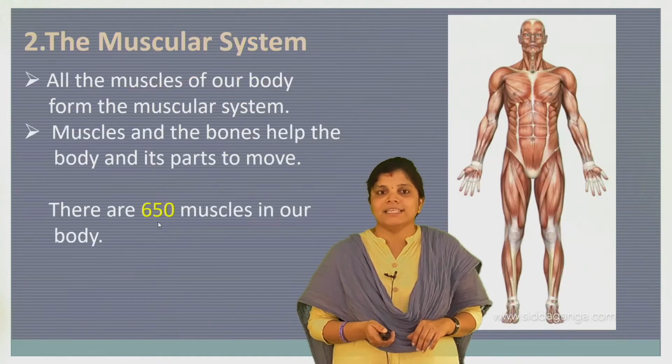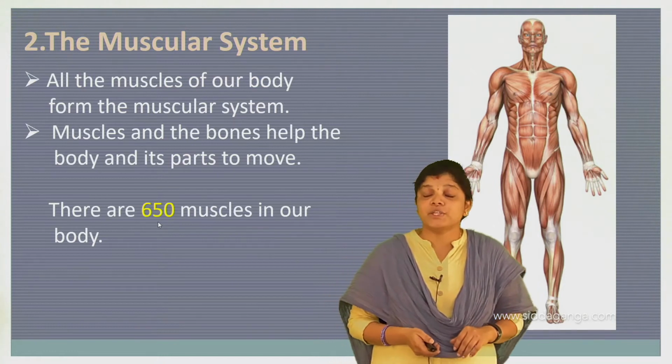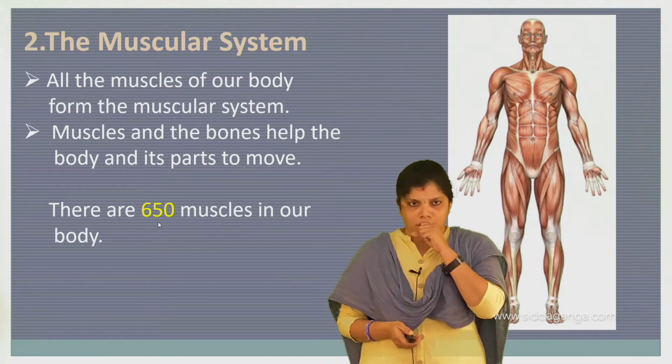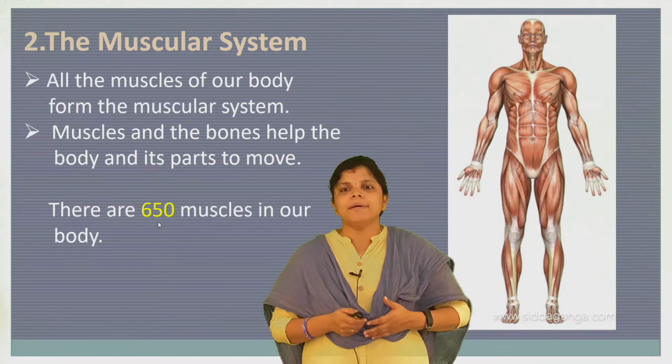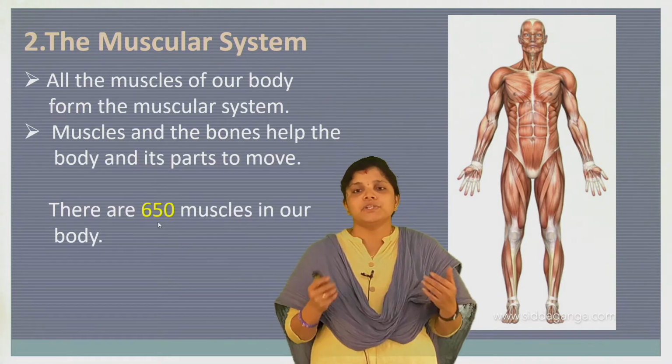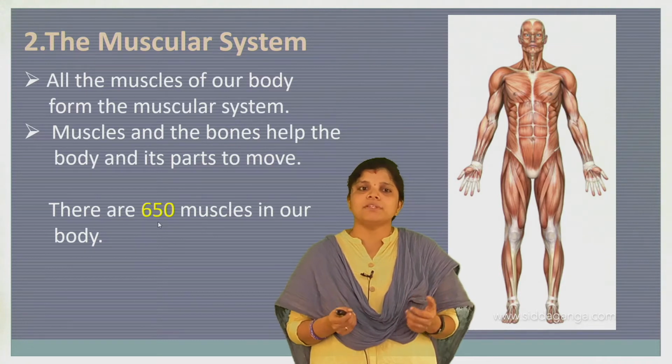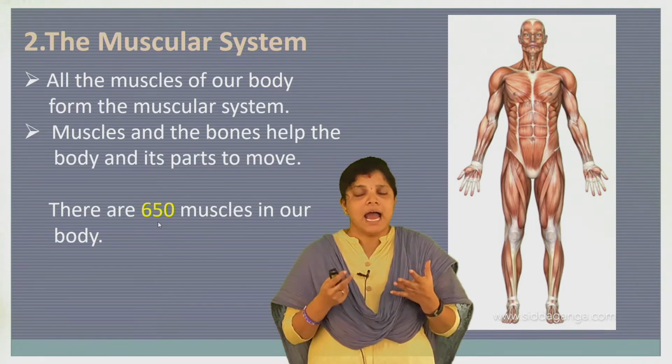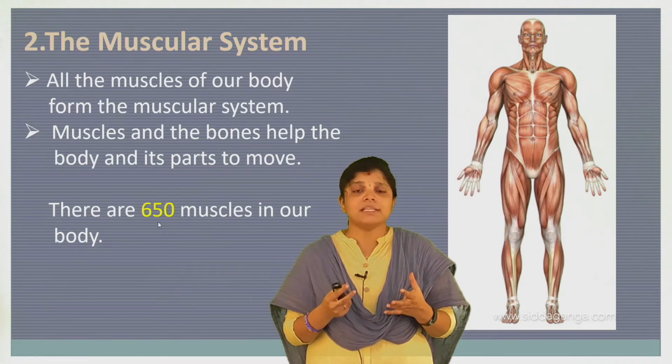Okay, yes, right. Next one is the muscular system. The next system is the muscular system, which means a system made of muscles. Normally this muscular system also gives shape to our body, and the muscles of this muscular system are